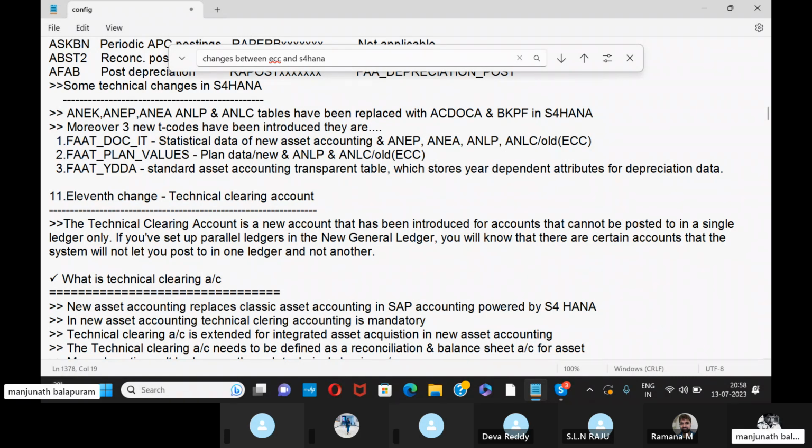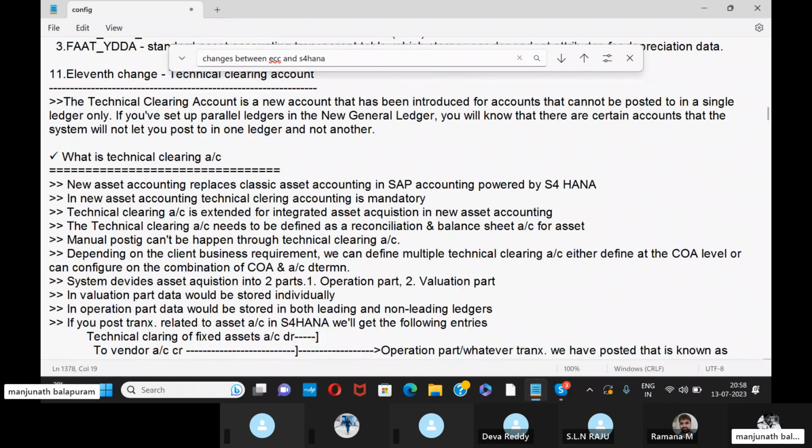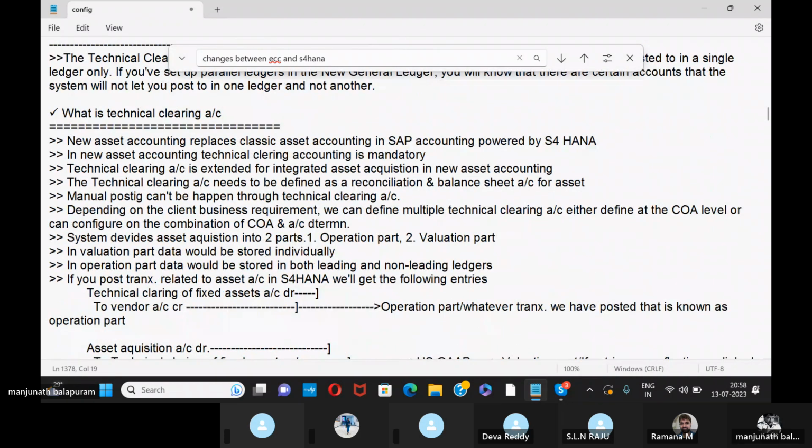So let me discuss briefly: what is a technical clearing account? The new asset accounting replaces the classic asset accounting in SAP powered with S4HANA. And in new asset accounting, the technical clearing account is mandatory. Without this technical clearing account, there is no S4HANA concept, because this is one of the important concepts in S4HANA,